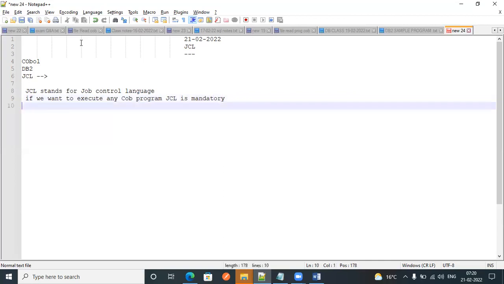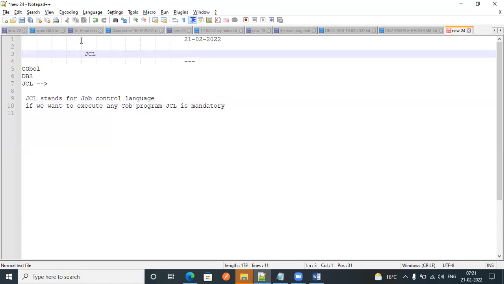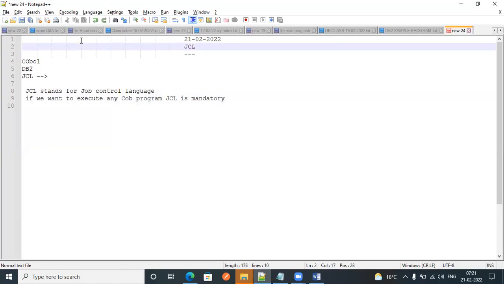So without JCL, we can't run our program in real time. Without JCL, we are not able to run our COBOL programs. So that is the reason JCL is mandatory.